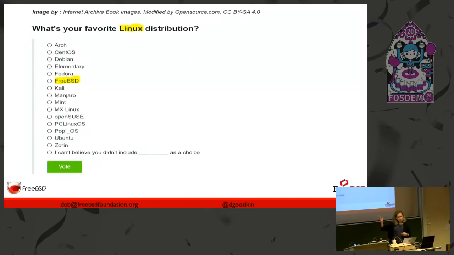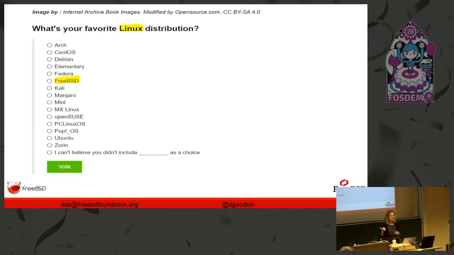But I want to share this slide here too. And this is recent. I think this was opensource.com, which is basically a website hosted by Red Hat, and they were doing this poll. This is another reason why people get confused. If I were new to Unix and Linux and any of the Unix-like operating systems, I would just think that FreeBSD was another distribution.